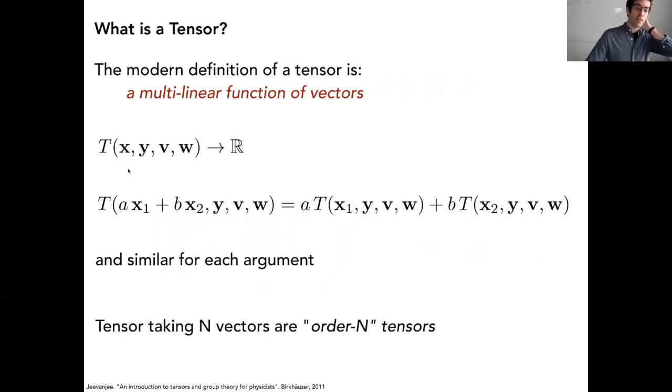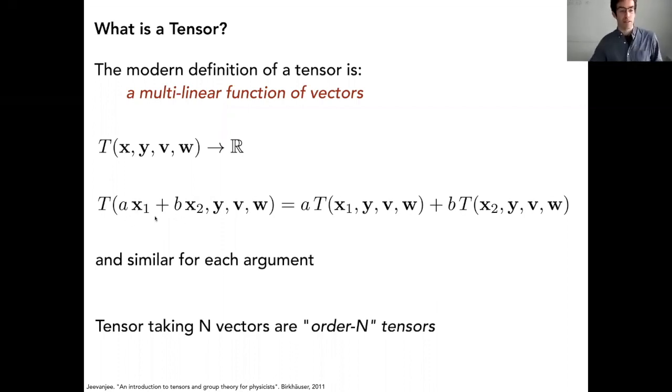You just think of a function that eats some number of vectors coming from some size of vector space. So, just think of these as columns of numbers that you can plug into this function called t. And then what makes t a tensor is that it's multilinear. So in each of its arguments, if I put in a linear combination of 2 vectors, ax1 plus bx2, then I can distribute t over that linear combination and pull the coefficients out. And that's true of all 4 of the slots. Then this is a tensor.